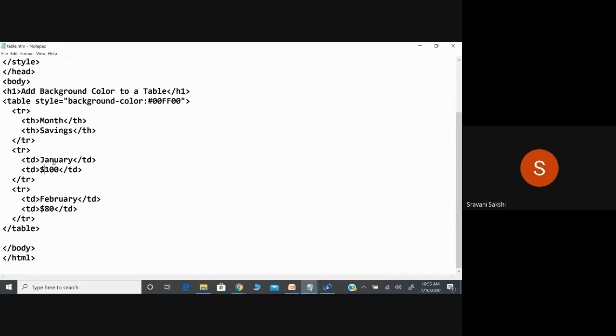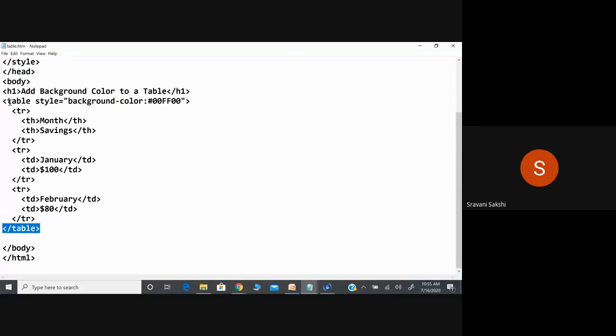In table data, January and savings is $100. And another month and another table data I am inserting: in the month February I have savings of $80. Okay, so here I'm ending the table tag.